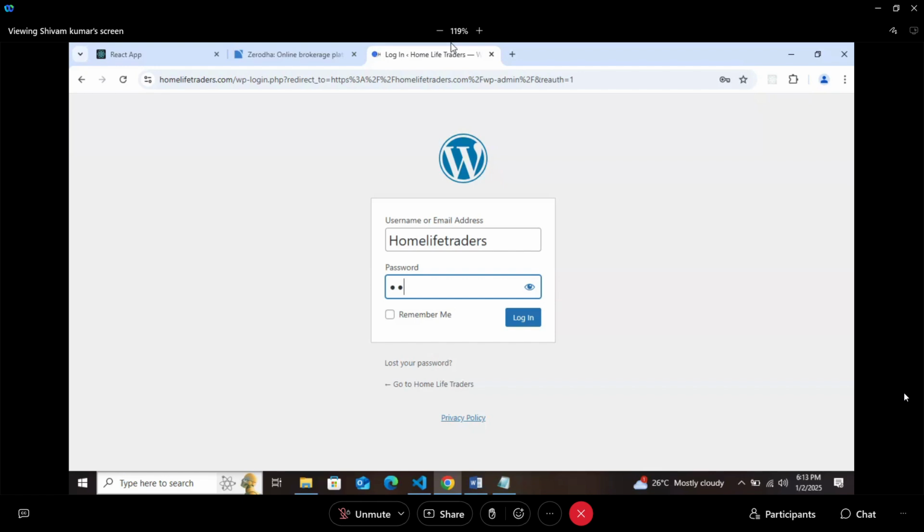Don't guess. It is a very long password. You can't guess it.